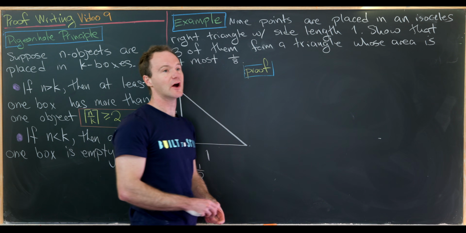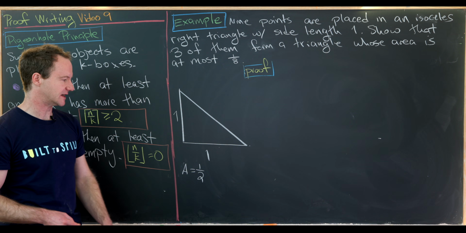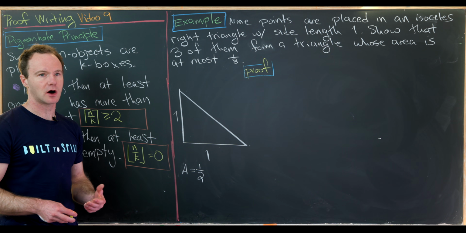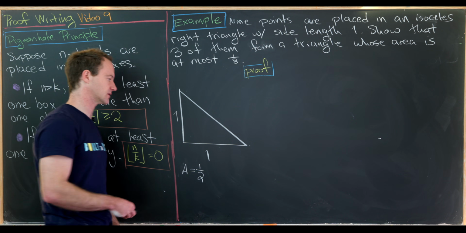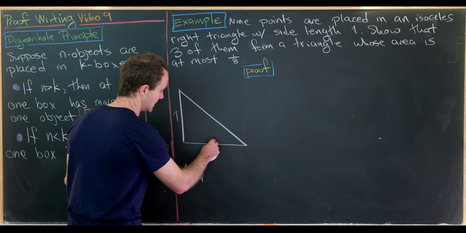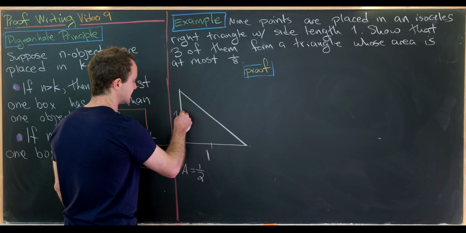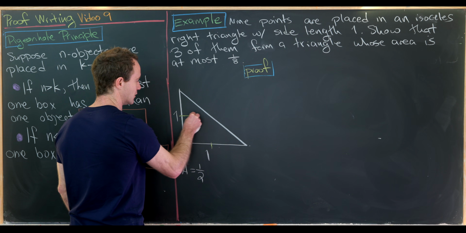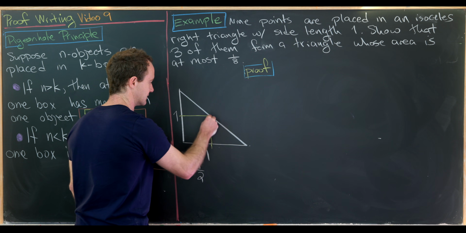So furthermore, we hope that we can split this into 4 nice pieces. So let's see if we can split it into 4 pieces, all of which are isosceles right triangles. And in fact, we can. Let's split each of these into half. So we'll split each of these legs into half, and then we'll make line segments connecting them like this to